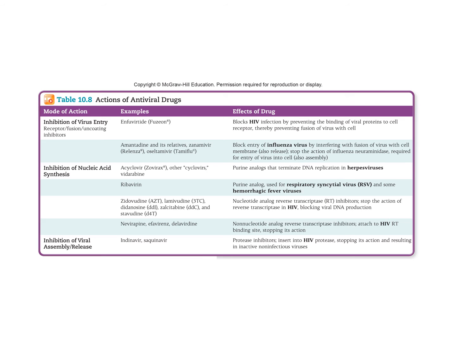So with viruses, we can inhibit their entry. We can inhibit the nucleic acid synthesis that's going to go on inside our cells, and we can inhibit it leaving the cell. Okay, so it gives you the medications that fall into each group. Let's see. Oseltamivir. So this is Tamiflu, right? We use this to block the entry of influenza virus into our cells.